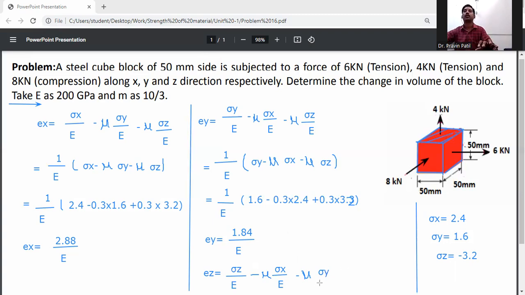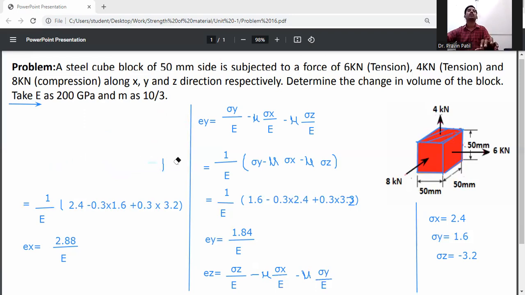Okay, this one is the general equation. Put all these values in this equation. For compression it will take minus. So here I will write down all this value is equal to